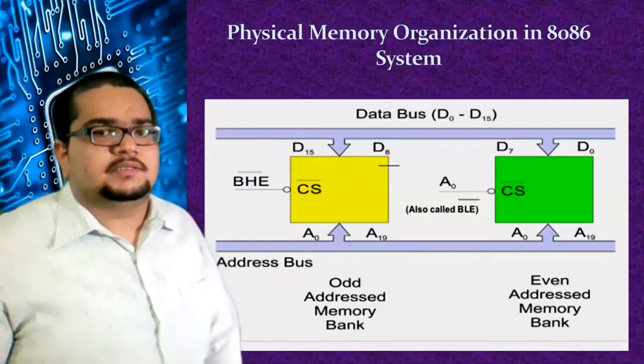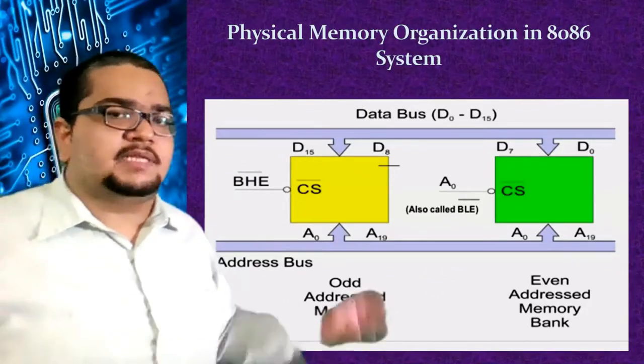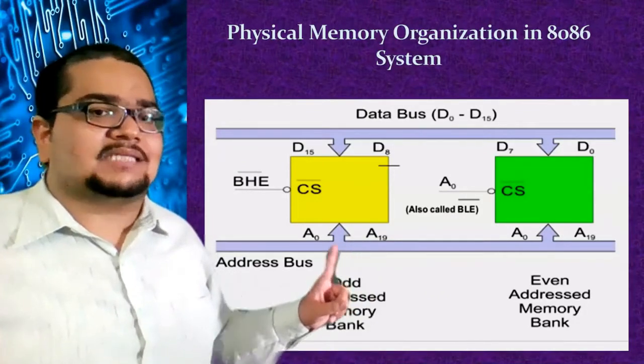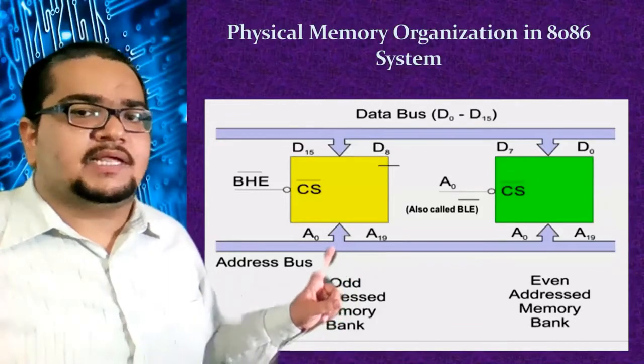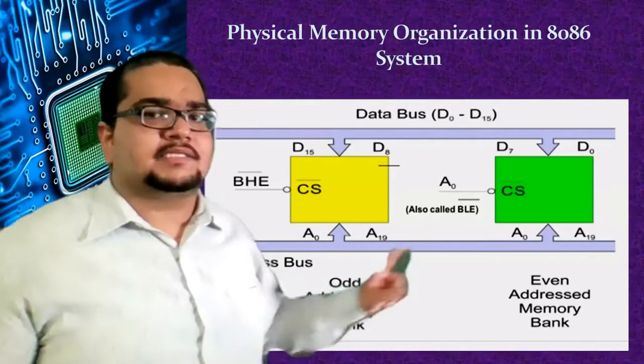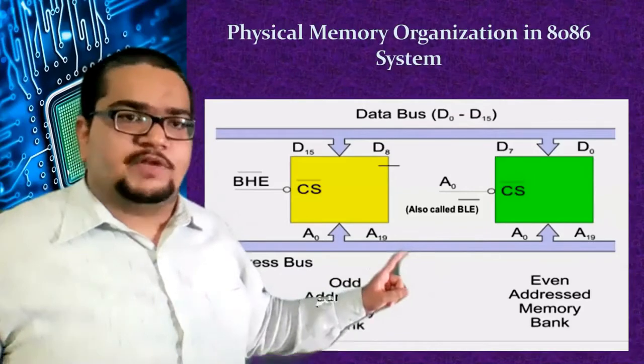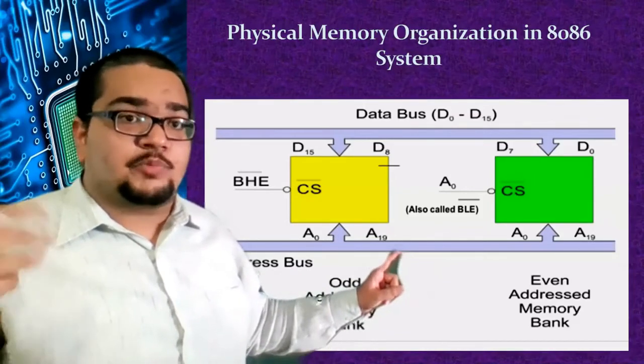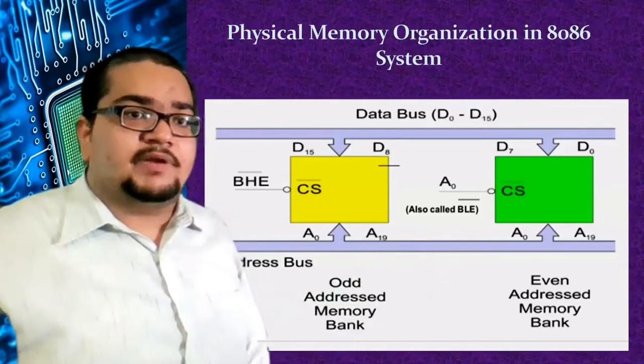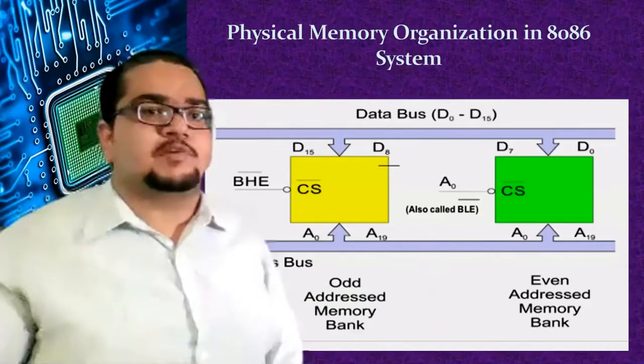Okay, and one more thing which was not visible in the previous block diagram: the address lines. A0 to A19, all the address lines are collected like this here. Because when you chip select it, then you have to provide the address. Only when you provide the address will the access of that address be given to you.